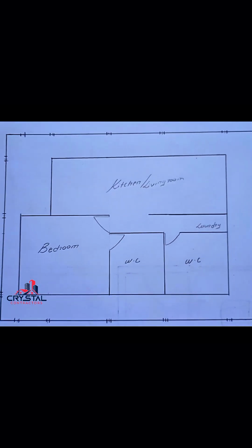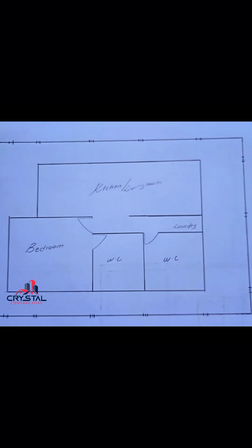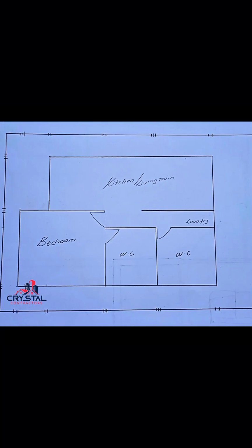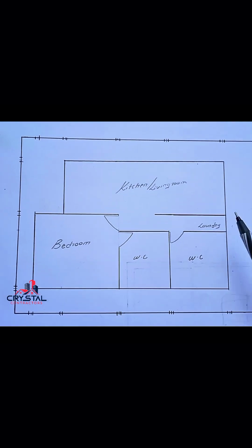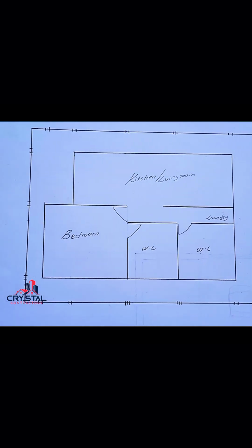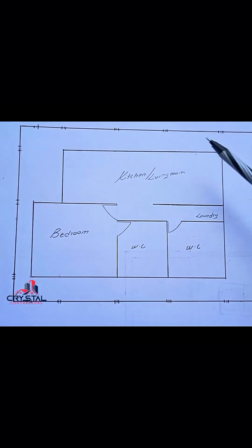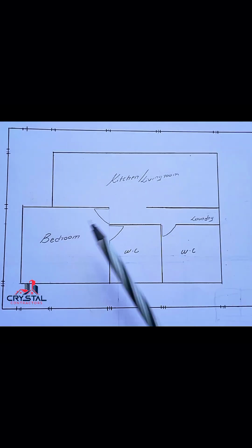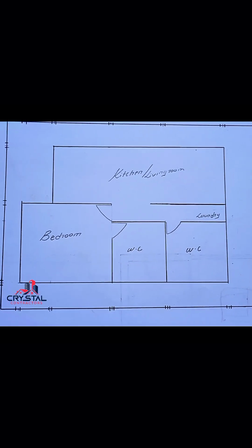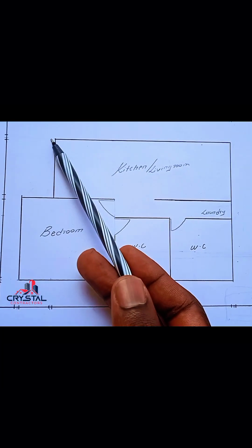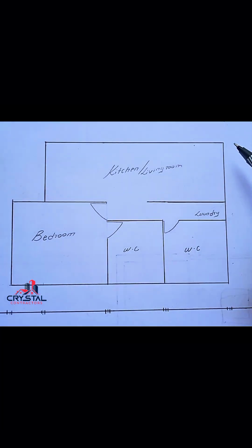So guys, if you see, nimeshamaliza ku sketch my house, in which this is just a formality. It's just a rough work just to educate you on it. So naona this is my profile setting. Tayari nimesha set hii. Sasa tuna assume niko ground. Tayari nimesha set my profile all rectangle all around, and as you can see, these are my pegs. Kuna pegs all around nimeziweka, and then the other dimensions. So this is just to give you the line of the house from each peg,